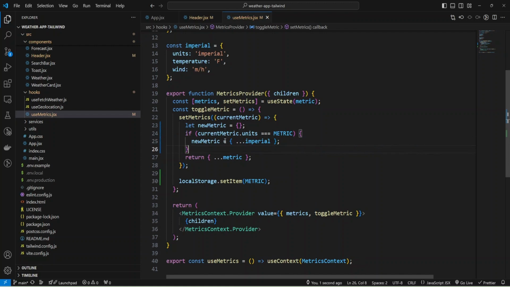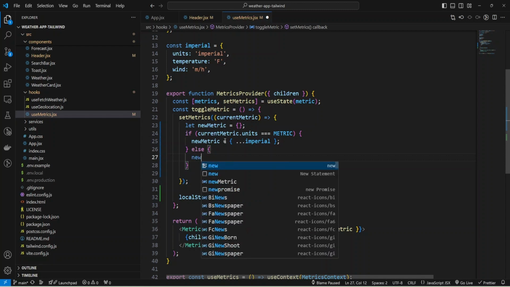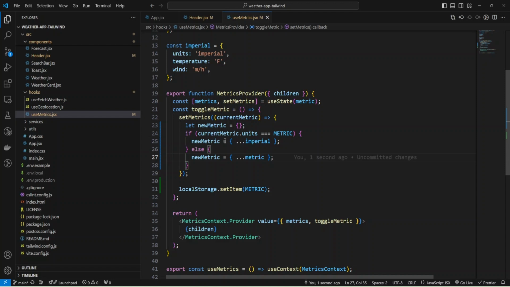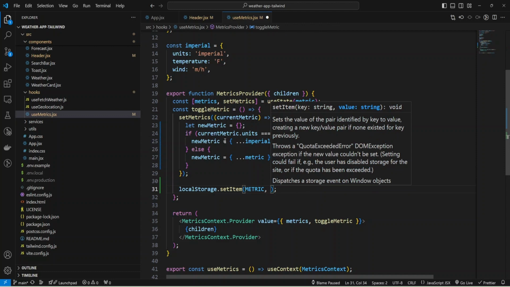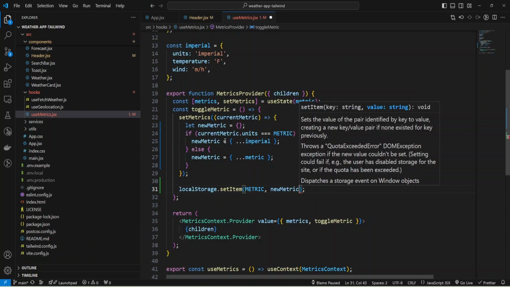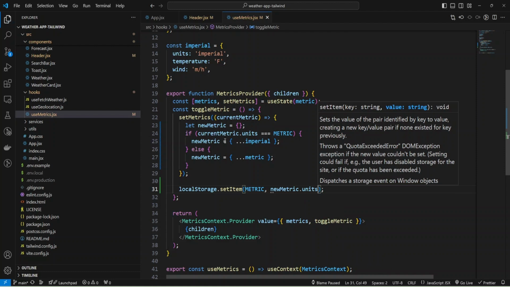this imperial, and so add an else statement, and instead of return I will assign to my new metric a copy of metric. I did it to retrieve the current metric, and we'll use it in newMetric, and we have units inside our object.